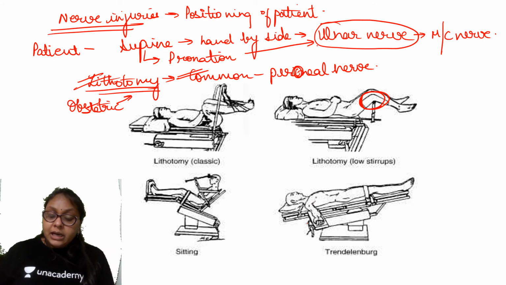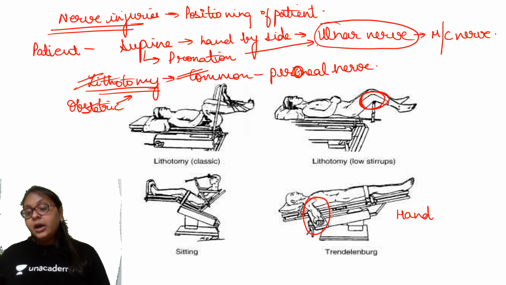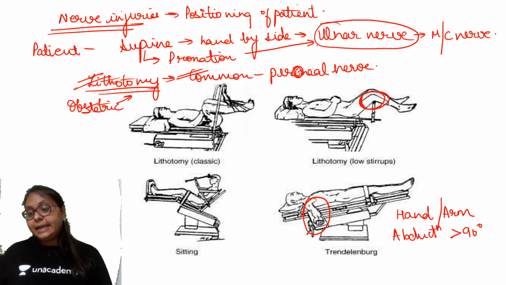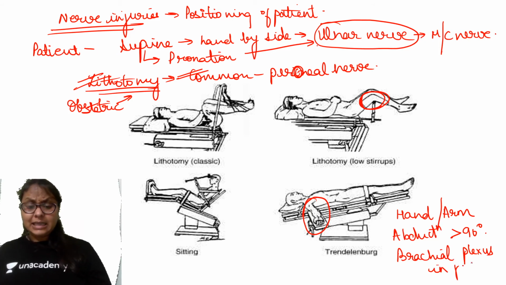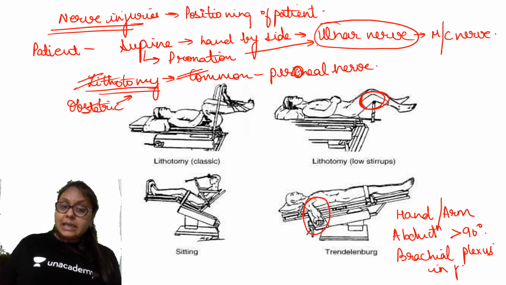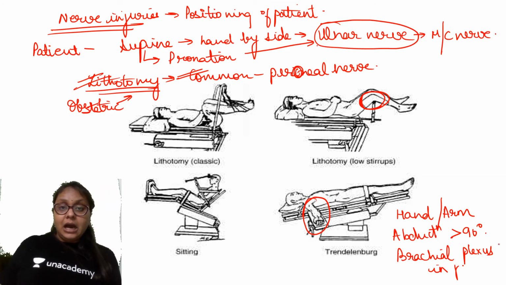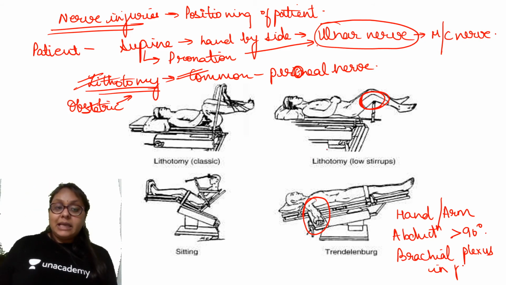Okay. Now Trendelenburg position, the hand is abducted. If the arm is abducted more than 90 degrees, there are high chances of brachial plexus injury. So all these things you have to take care. Right? If the arm is abducted for more than 90 degrees, there are high chances of brachial plexus injury. Whenever the patient is in prone position,